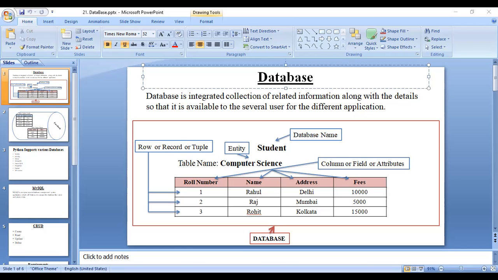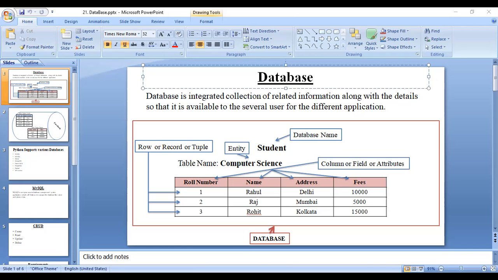But data is information, any kind of information. Data is information. And what is information? Information is a collection of one or more characters. A database is used to store your data.